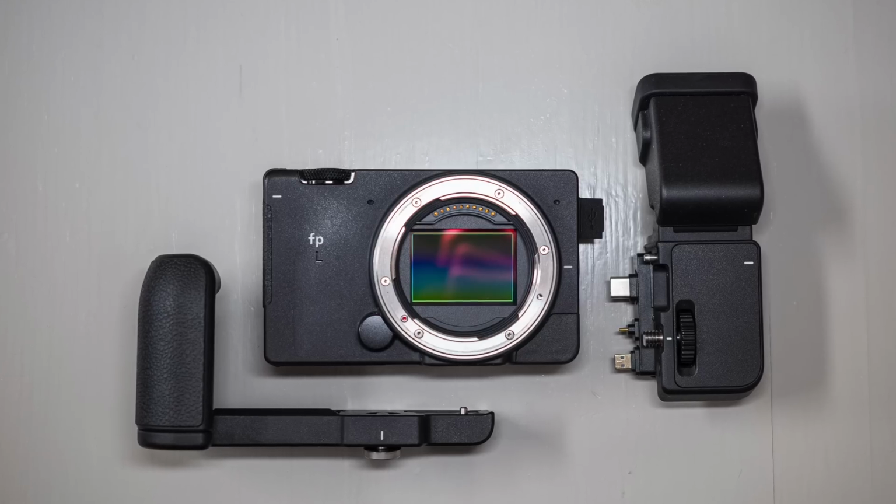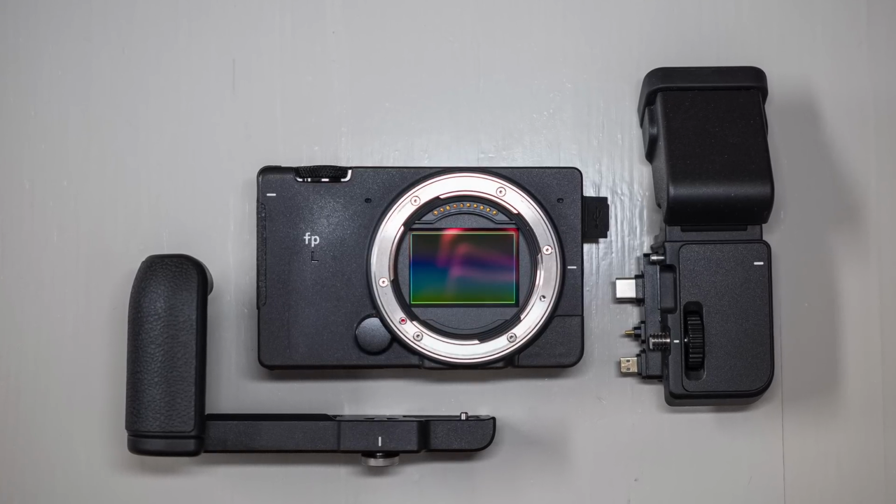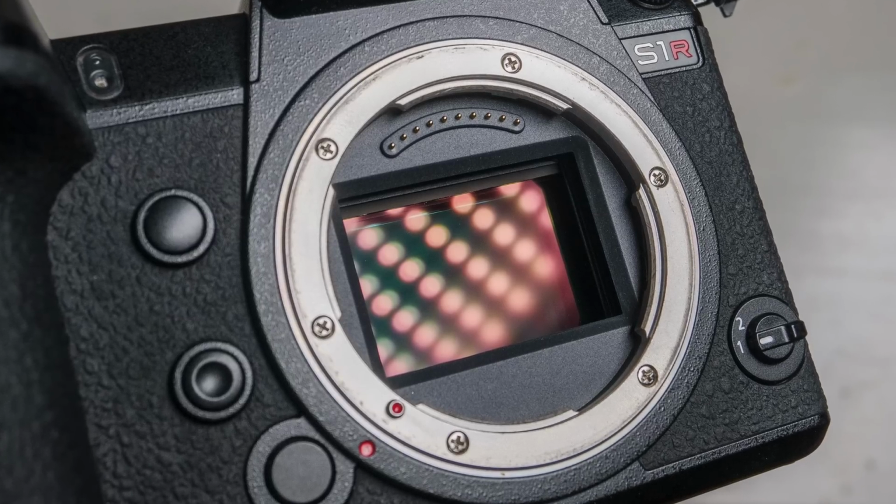full-frame camera body. There is one more full-frame curiosity though, and that is the Sigma FP and FPL cameras. They use the same L mount as Panasonic and Leica, but I wanted to mention these separately because those cameras are slightly different from any other camera, and they are a little bit quirky and not everyone likes them, but some like them a lot. So if you want something a little bit off mainstream, you may want to consider those Sigma cameras, FP and